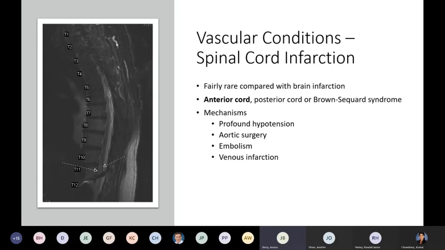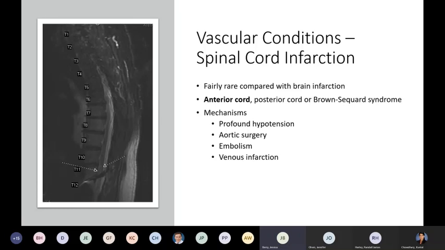You can also end up with infarct due to embolism. The most common source of that is fibrocartilaginous material from the discs. It usually originates from Schmorl nodes and will then progress to the cord via the basivertebral vein of the vertebral body. This process occurs most often in the cervical region.